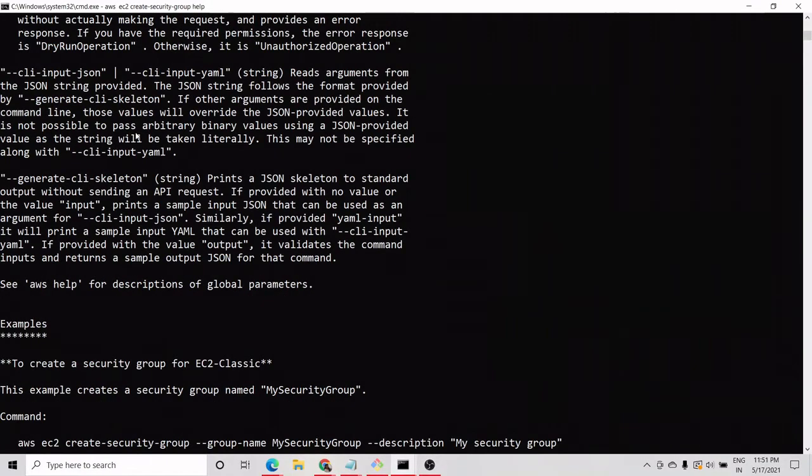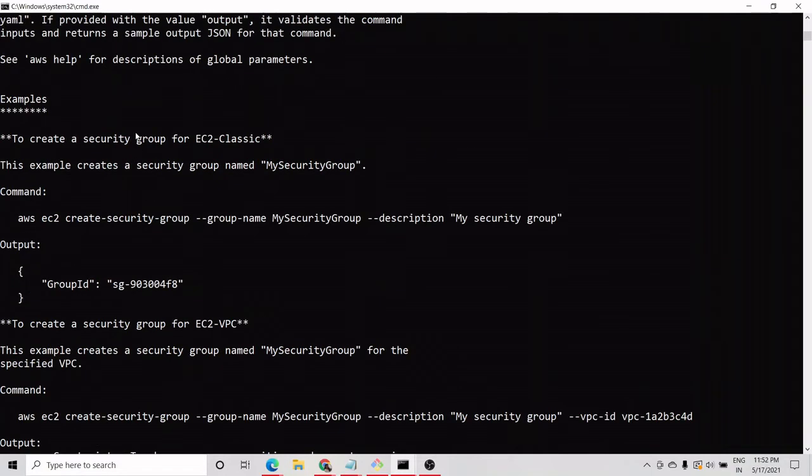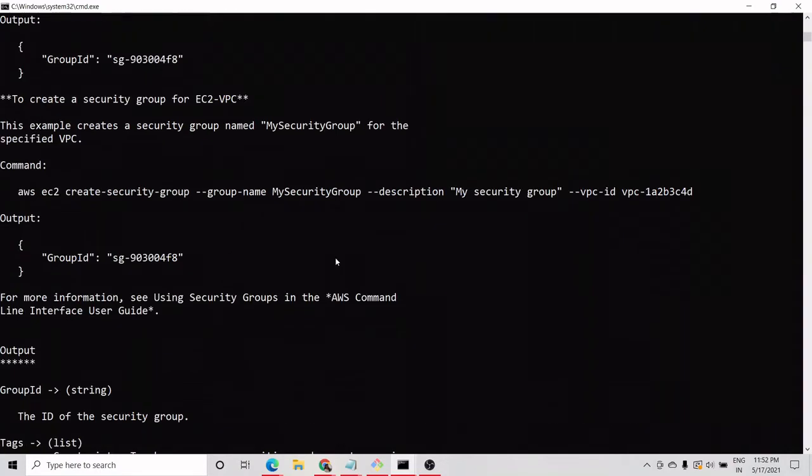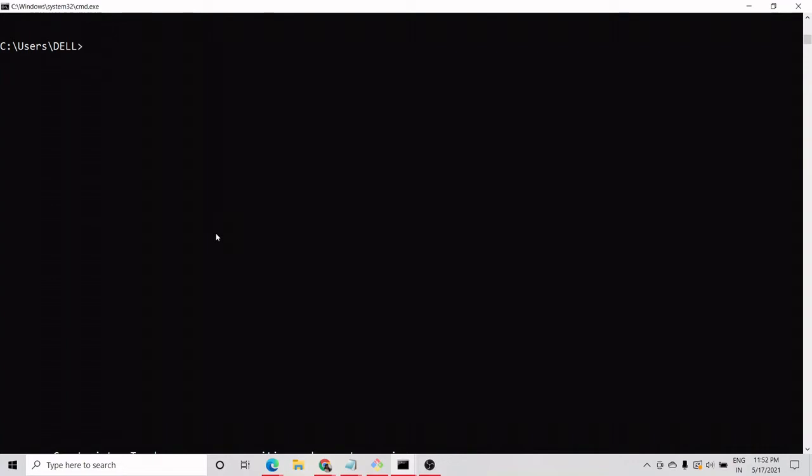Everything we need it will provide us, and it has also provided some examples. The first example is if we need to create a security group for EC2 Classic. Simply this can be the command to create a security group. Again here they have provided group name and description. So these two are the must options to create a security group. So we have created a security group.